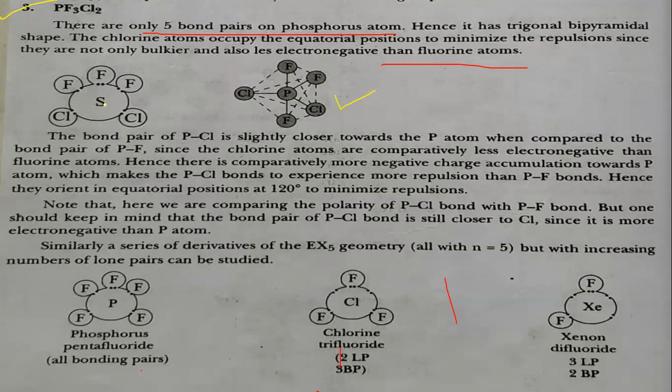For SF3Cl2, the structure is again the same, because there are 5 bond pairs. Phosphorus pentachloride, here all are bond pairs. Then here in the case of chlorine trifluoride,